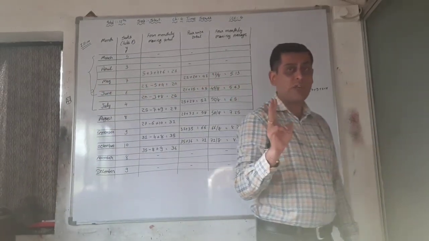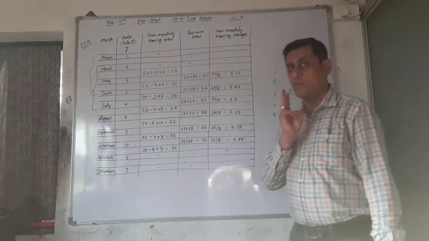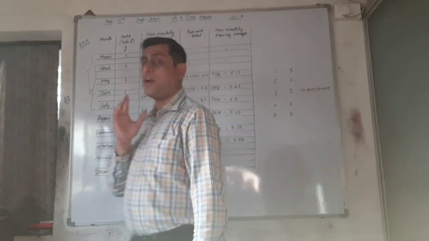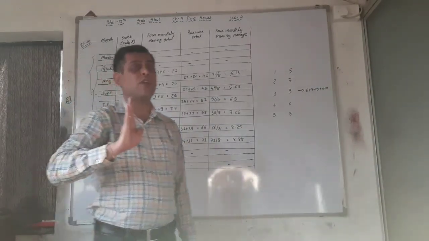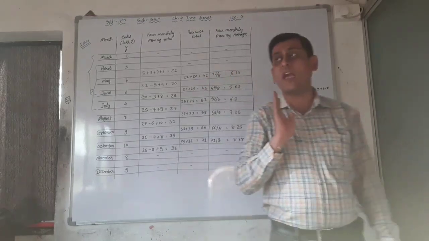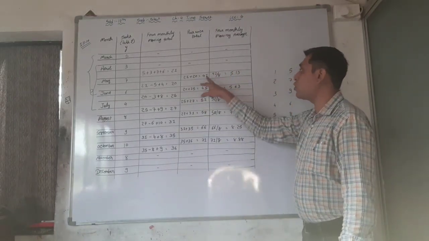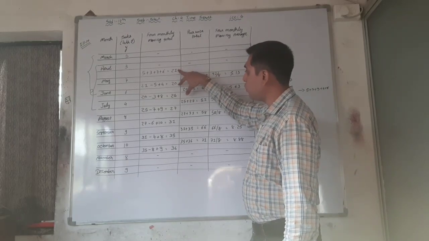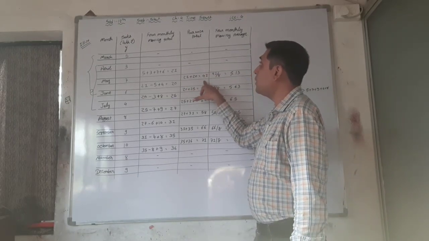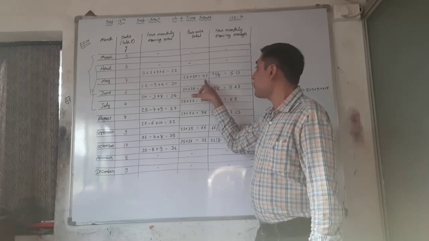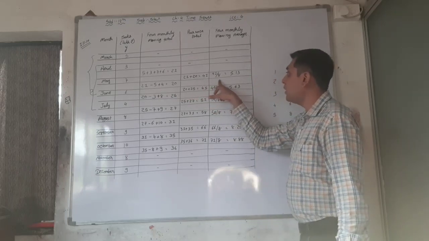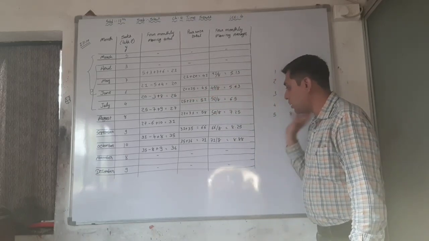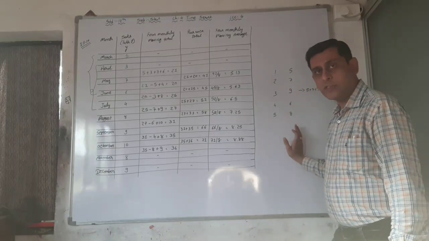And then in the 4 year moving average, only in the 4 year moving average, we have to divide the total with 8. In a 3 year moving average we have to divide with 3. In 5 yearly we have to divide with 5. But in 4 yearly or 4 monthly moving average we have to divide the total with 8, because we are adding these 4 months and these 4 months in this pairwise total column. And that's why we are dividing with 8 and we got the answer. First of all, write down this.